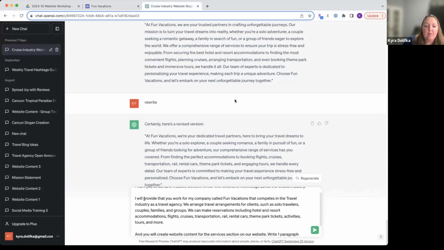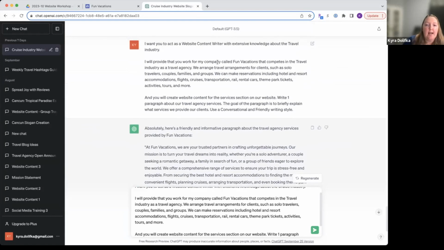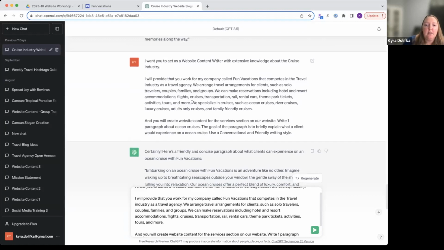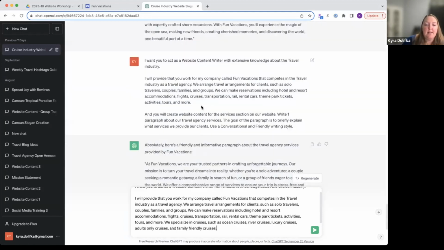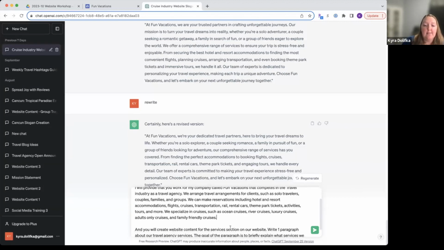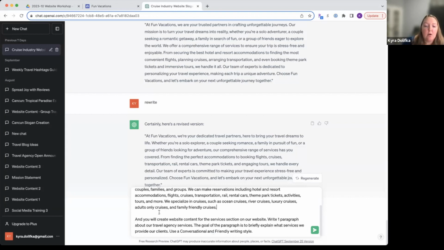This is what we had before. Now we did have that one sentence about what we specialize in. I would like to add that back. So I'm going to go back up here because this is a cruise niche travel agency. I'm going to copy that specialization sentence back in, because we're trying to write about cruises right now, and this is going to give it some good context. So let's see, you will create website content for the cruise destination section